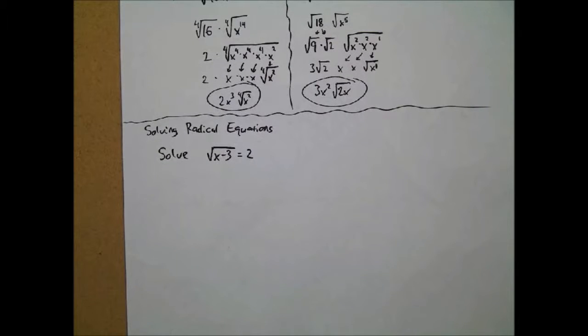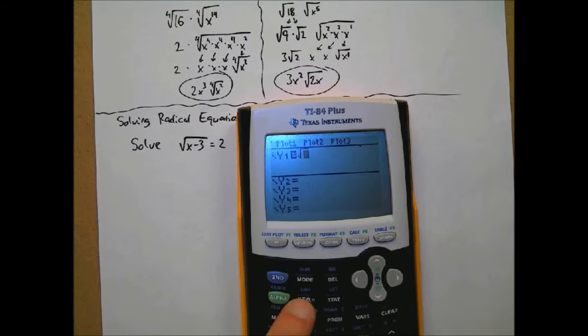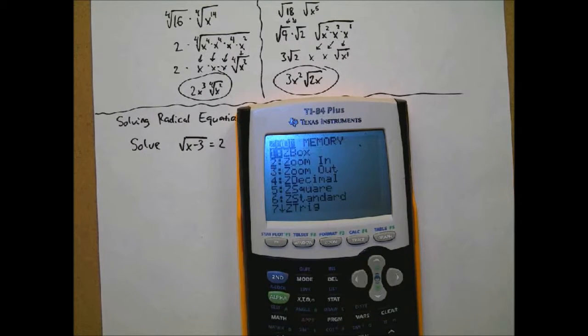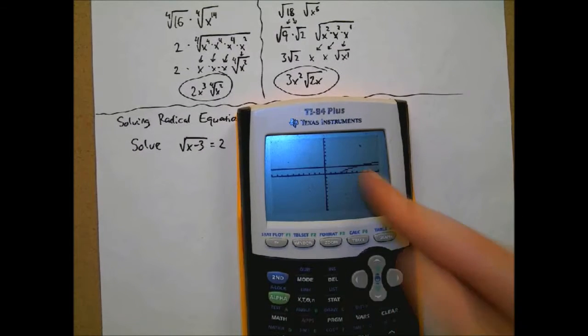Exactly right. So we could here, if we wanted to, just figure out this answer without actually solving it. Square root x minus 3, and I'll graph the 2, okay? And let's see here. There's the square root x minus 3. There's 2, and I can see the point of intersection there, so I'll do second trace,